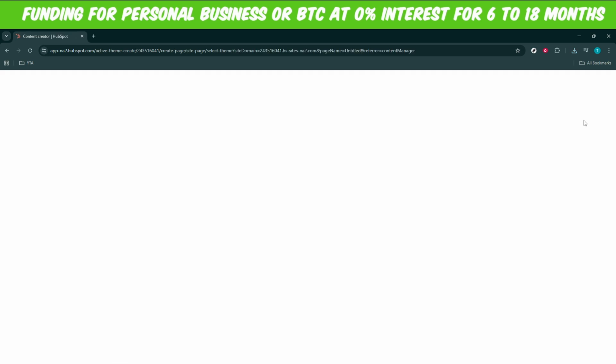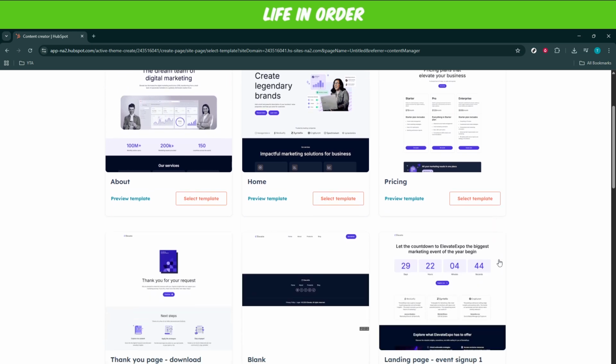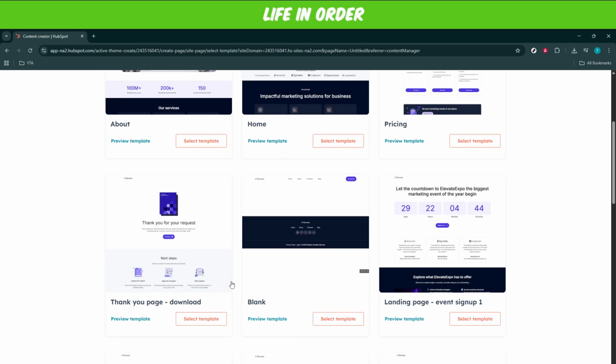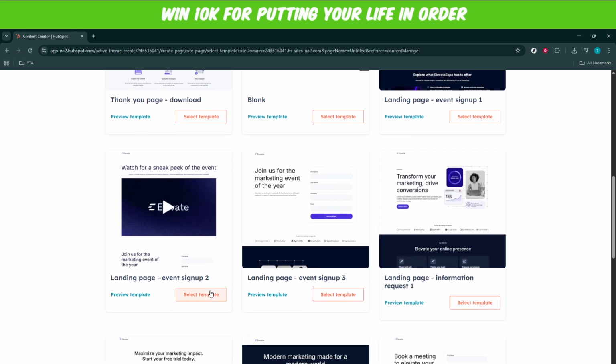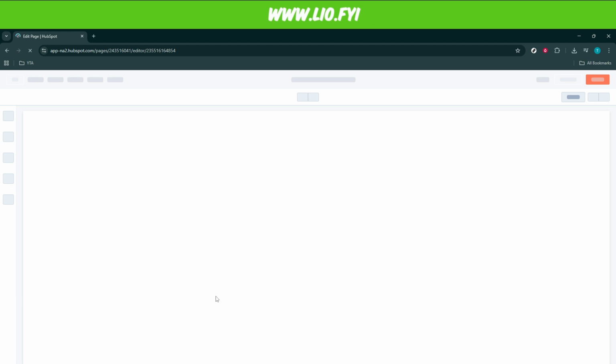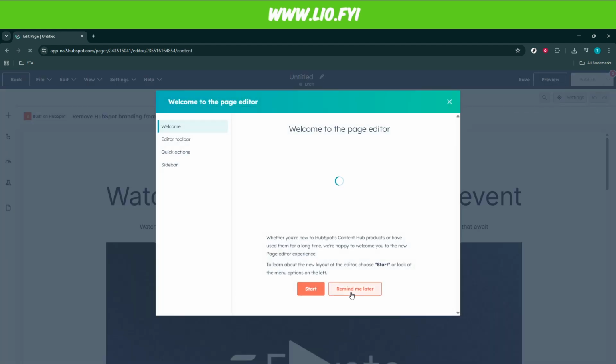Continuing, you'll want to click on Choose a Template. HubSpot offers a range of templates that cater to different business needs and styles. Templates serve as the blueprint of your website, allowing you to have a basic structure in place that you can customize to your liking. Take a moment here to browse the available templates and select one that resonates with your vision for your website. Choosing the right template is a crucial step, as it sets the tone and feel of your site. As you select a template,